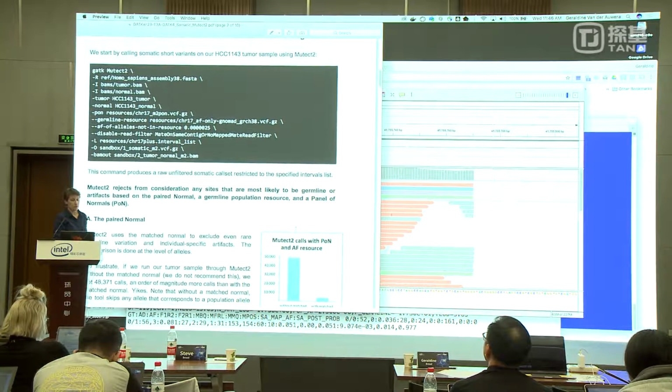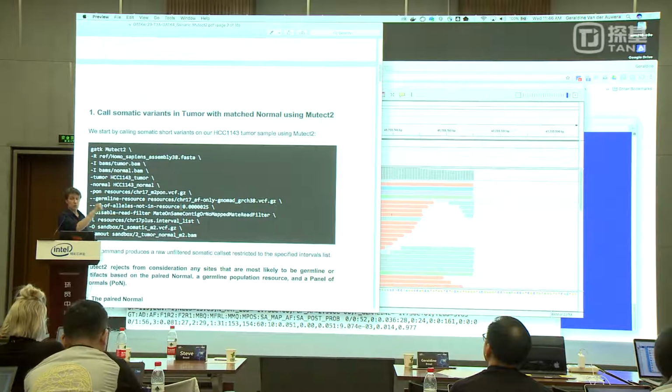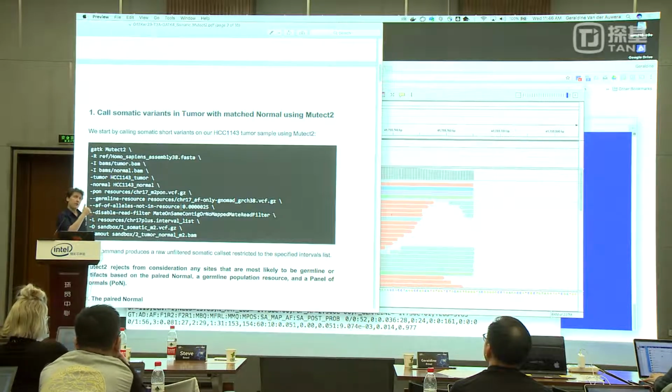And you can still run this command, except what you would do is, obviously, you remove the normal. You remove the definition of which is the normal sample. Hopefully you still have the germline resource, which is going to be even more important. If you don't have a matched normal, you're really relying on the population resource to eliminate as many as possible of the germline variants. Okay, so that resource is going to be super important, and I think we can expect